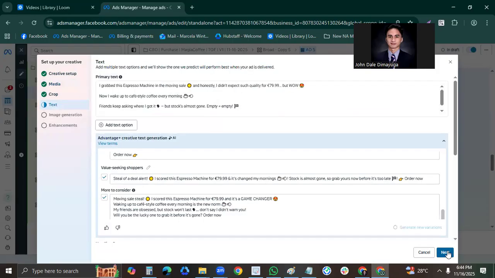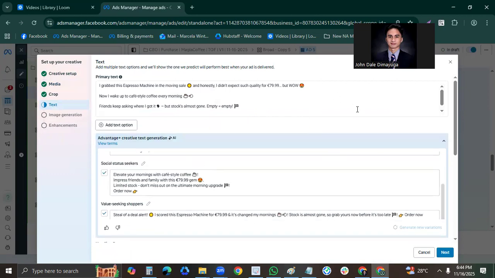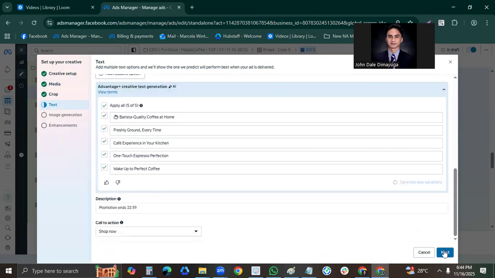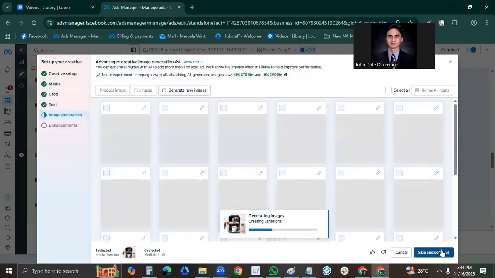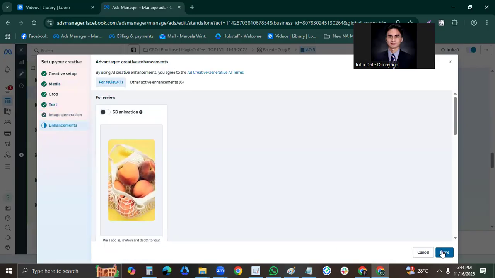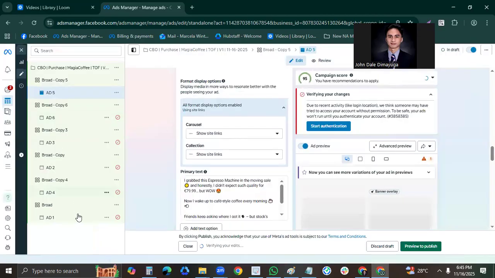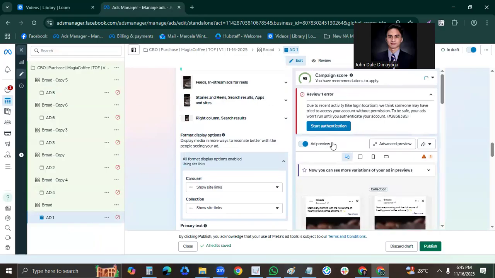Add image creative, and so on and so on. Let's say all of the creatives are uploaded for the image, and this setup is all good for now.